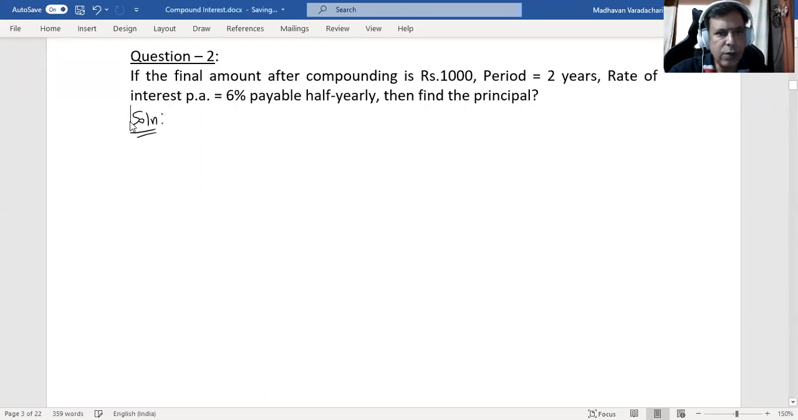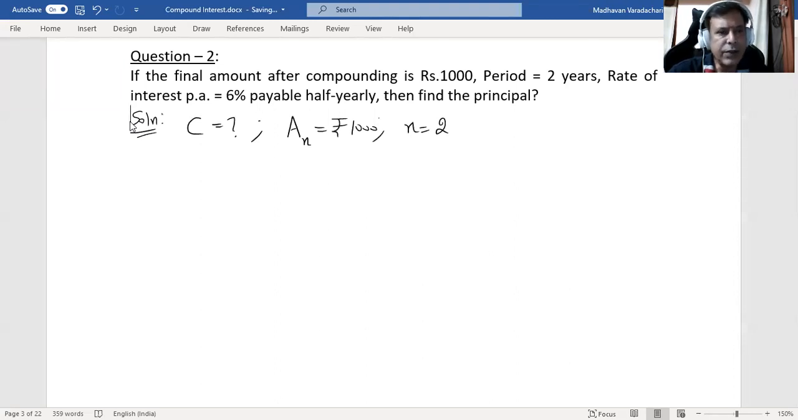So what is to be found? The principal is supposed to be found, meaning the initial investment or initial capital is what is to be found. And what is given? The final amount, that is till n terms, or here it is actually 2 years, that is given as rupees 1000, and then period is given as 2,